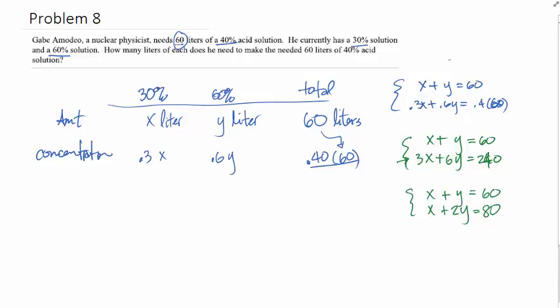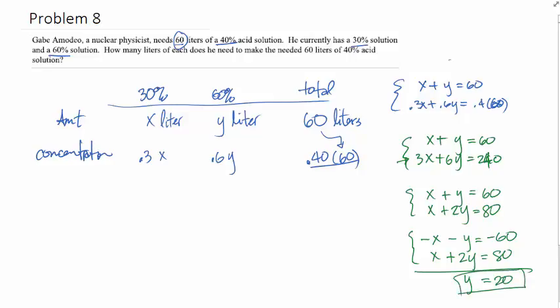I can do one of two things. I can solve for one of the variables and use the substitution method, or I can multiply the top one by negative one and then do the addition. So that's what I'll do. I'll multiply everything on top by negative one and proceed with the addition method. If I add this, the x's will disappear. 2y minus y is just y, and 80 minus 60 is 20. So it looks like I'll need 20 liters